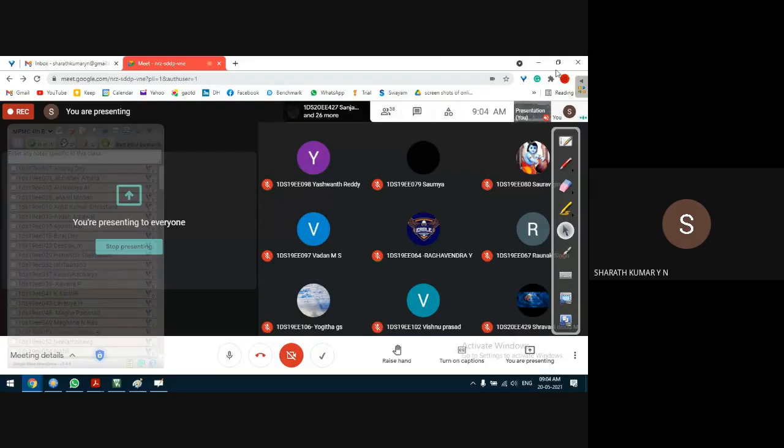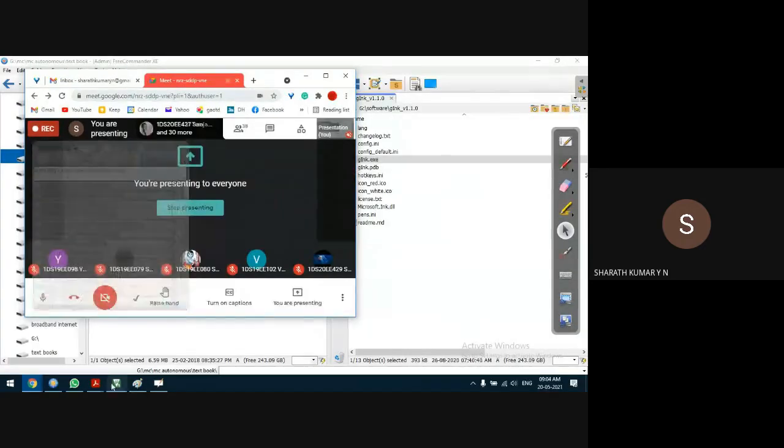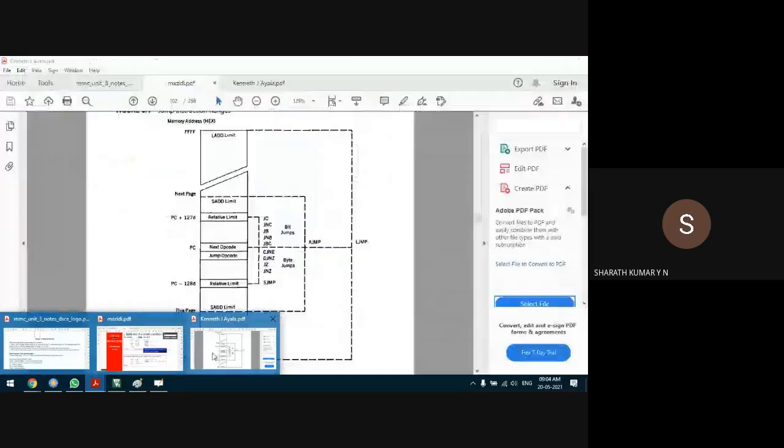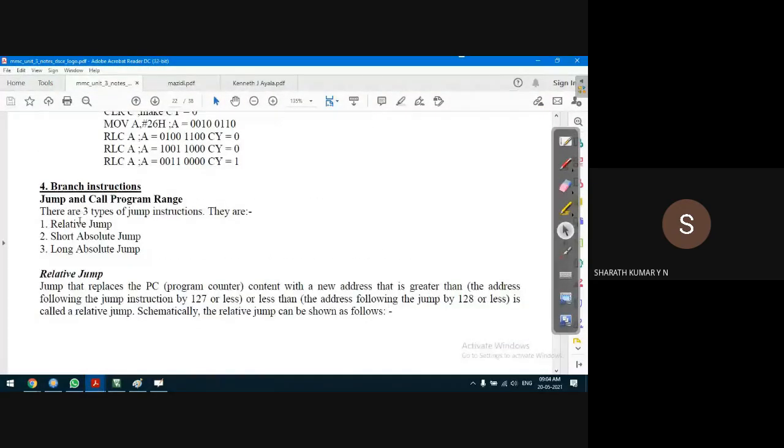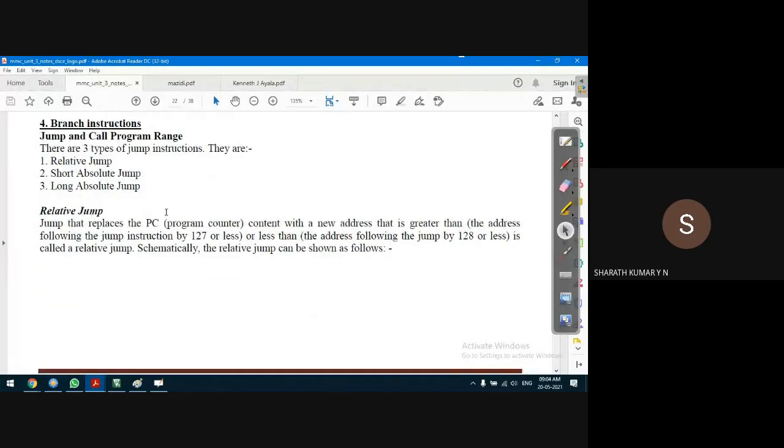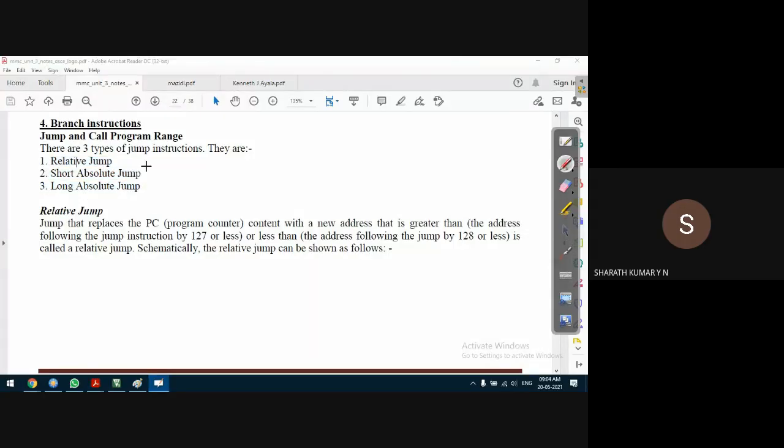Jump instruction. Last class we started with the discussion on jump instruction. So we understood that there are three types of jump instructions. They are called relative jump, short absolute jump, and long absolute jump. Relative jump means with respect to the program counter.